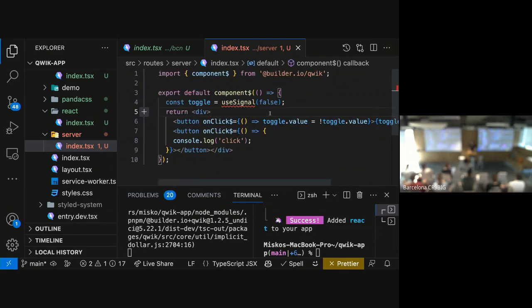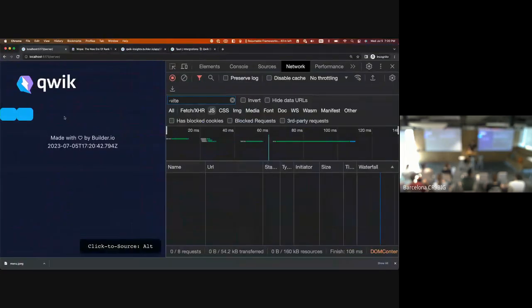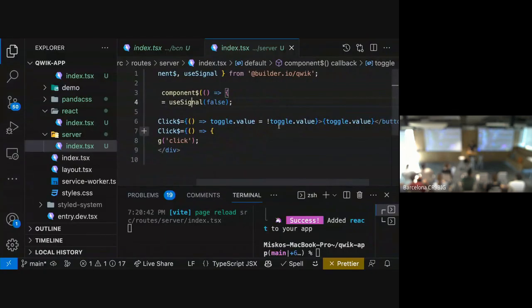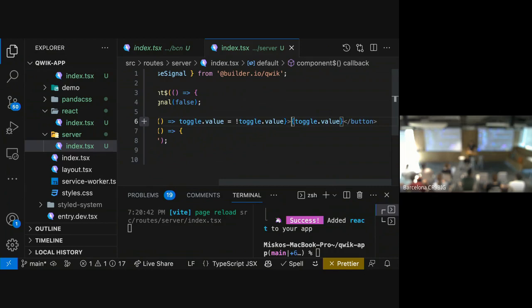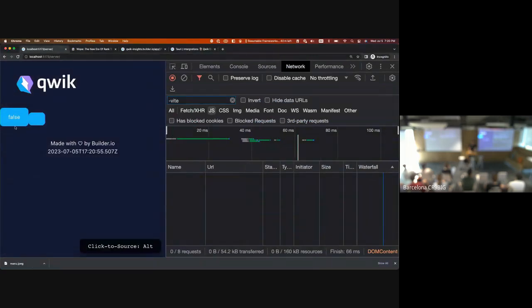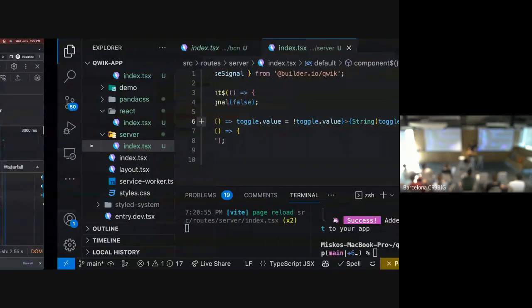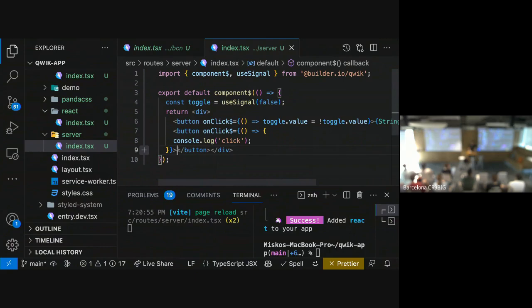Okay. Import. What? Why are you not? Oh, because it's okay. So we have this, and then this button here says,